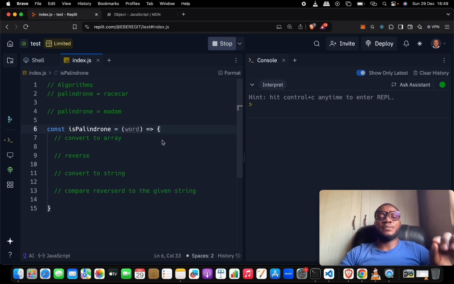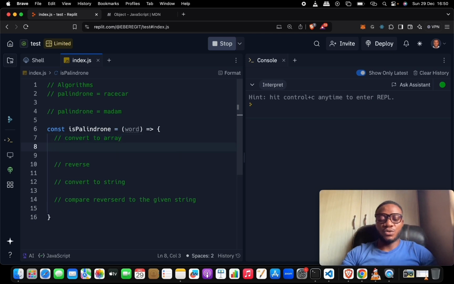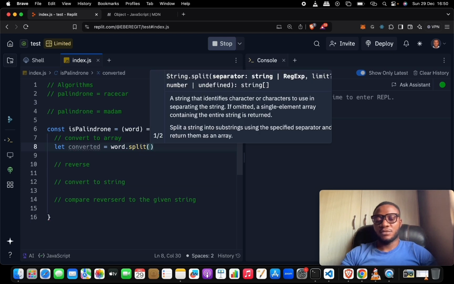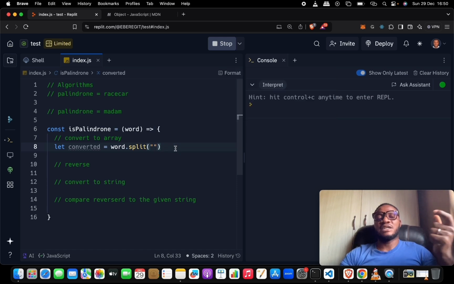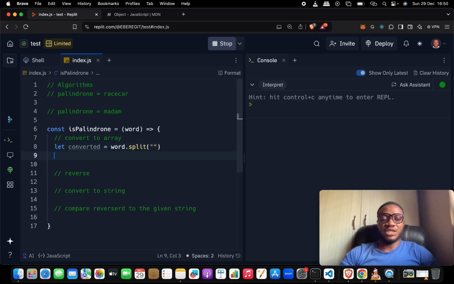Like I told you, array has so many methods. So how do we convert to an array? First of all, how do we convert a string to an array? Let's say converted. So let's do a let converted be equal to word.split. When we do word.split, and we're splitting it on nothing, like so, this has converted that word to an array. If you want to check it out, you could just do a console.log converted, and then let's run